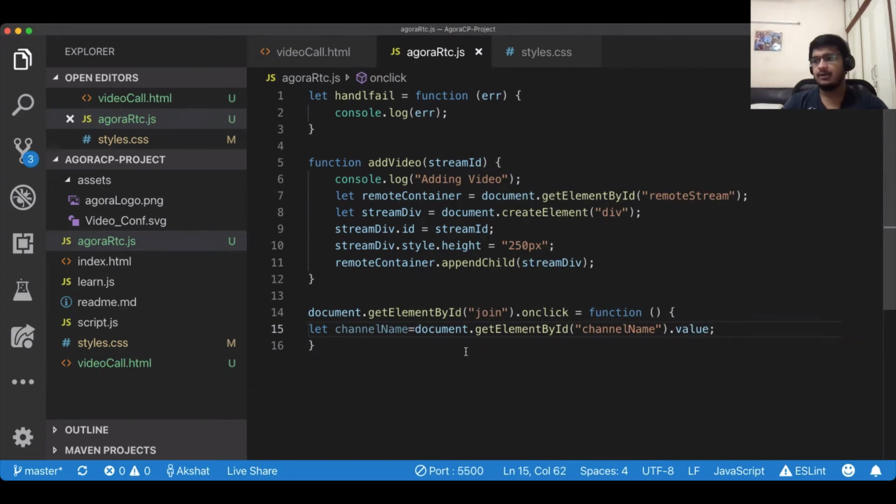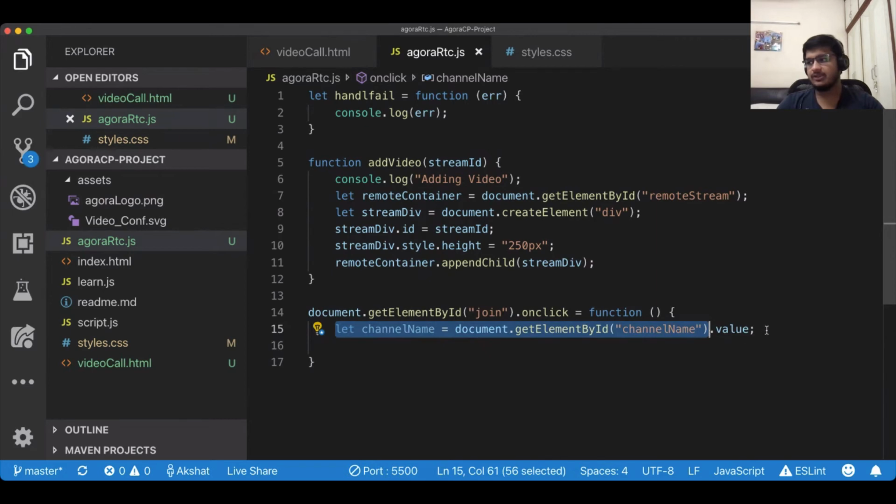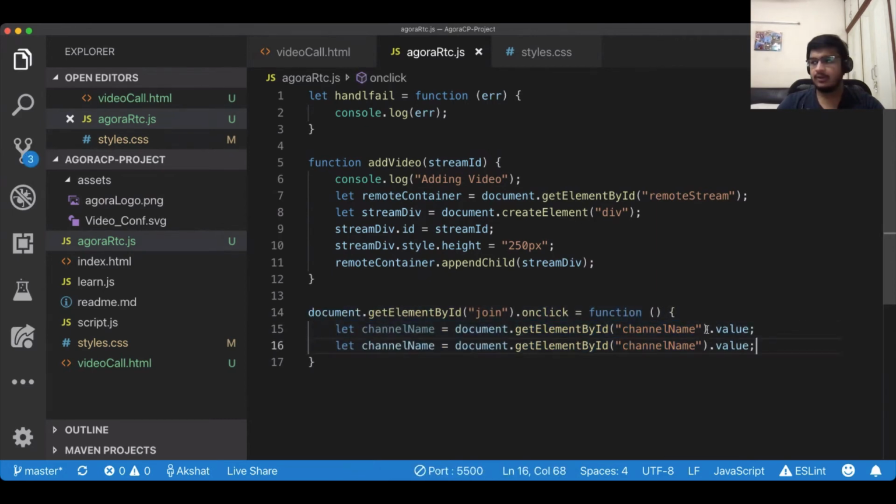Yep. I'm taking the channel name from the form. I just copy this and I'll edit the variable names for the user ID as well. The ID of the first input field was username. Let's just put this as username as well. Cool.